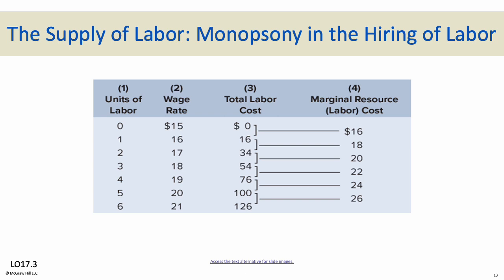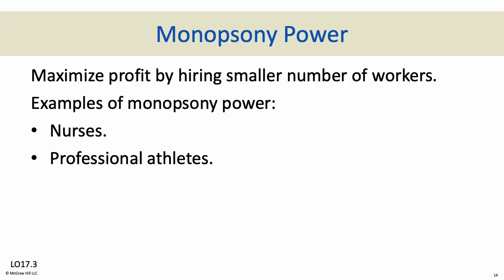So the cost, it's not a market rate. They have to go up more and more and more. Marginal cost, or the change in hiring an additional human or group of people or whatever we're looking at, it's going up. It's not flat like the previous one because this isn't being determined by the market. They have to increase their pay to bring in additional workers than they already have. However, once again, they'll employ the quantity of labor at the point where MRC and MRP are equal.